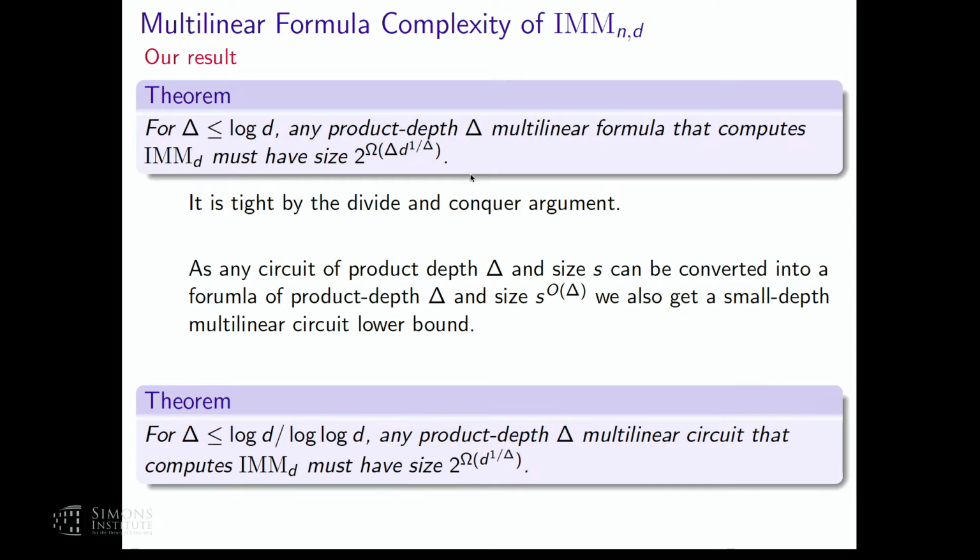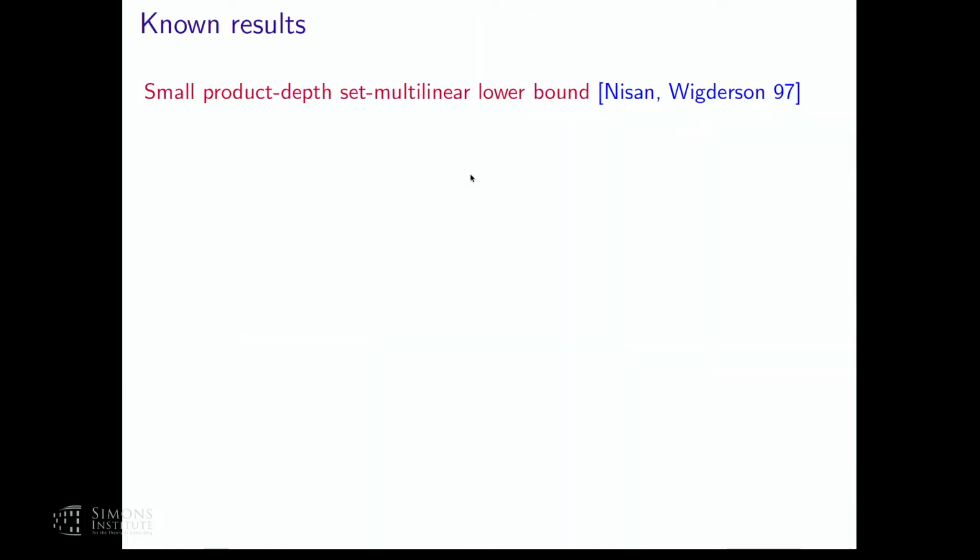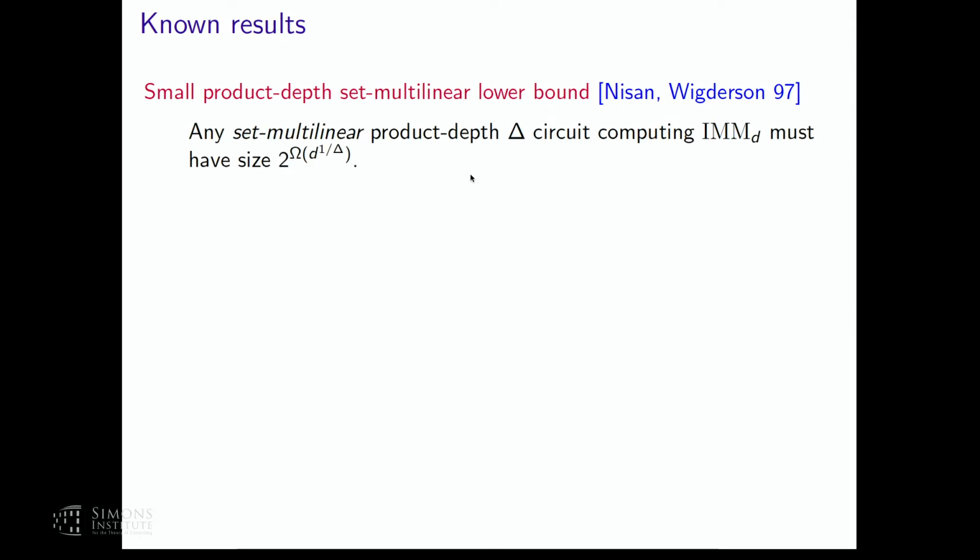Okay, so as I said, let's relate it to what was known before this. There is a result of Nisan and Wigderson from 97, a really beautiful paper, and it shows that in fact for the same polynomial, it gives a lower bound for circuits. So we recovered this lower bound, but now we can prove a tight lower bound even for formulas. What is set-multilinear? I would not like to talk about it, but it's a restriction of multilinear. So they managed to show it for a slight restriction of multilinear.